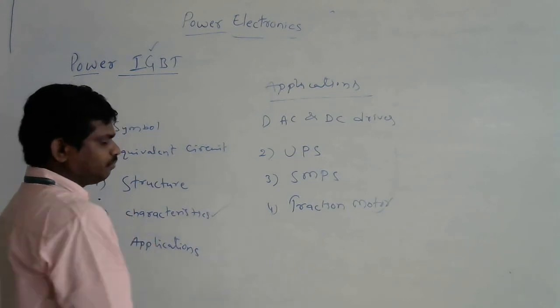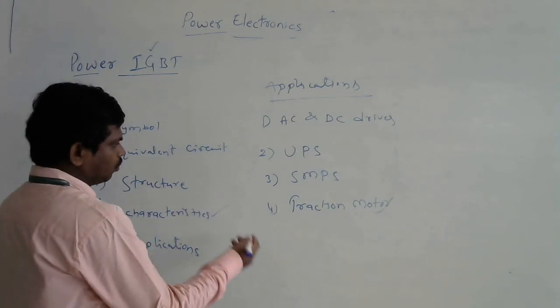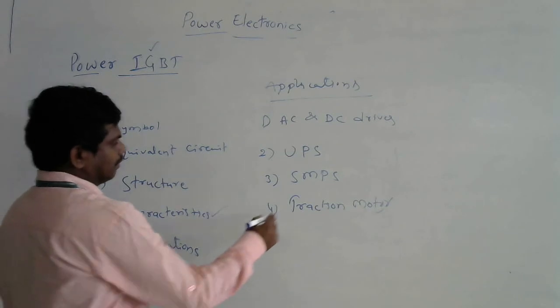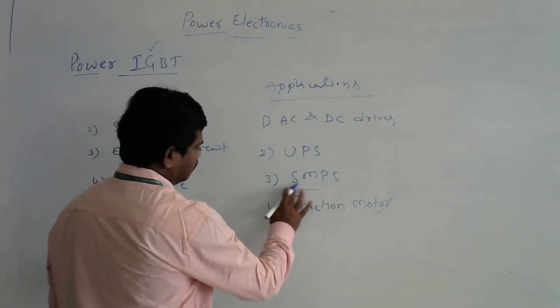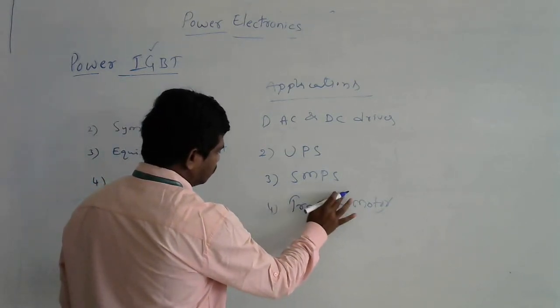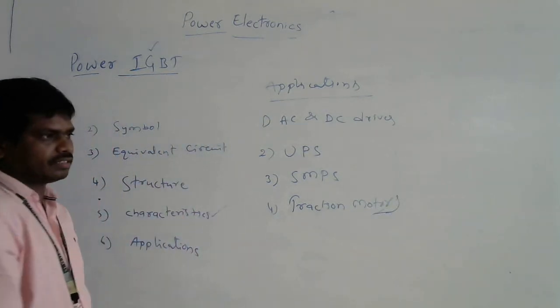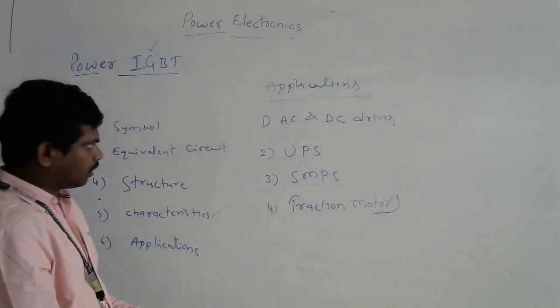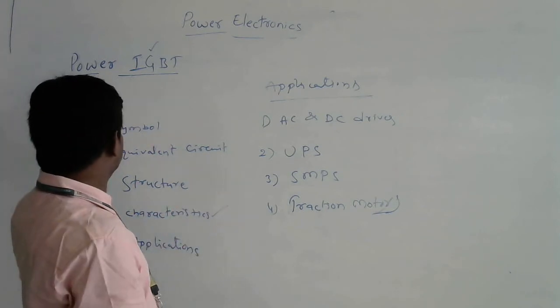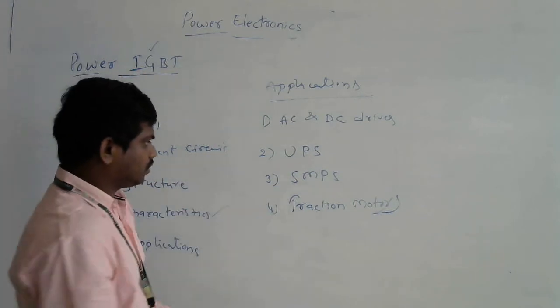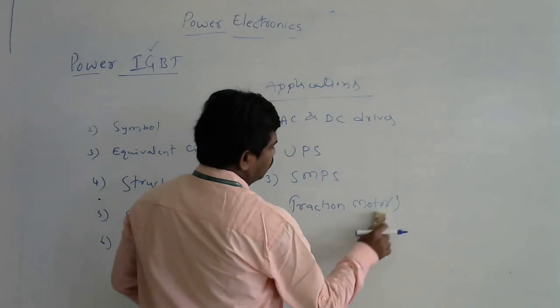When you go for electric locomotives, there is a traction system. In the traction system, we use motors and need to control the motor speed, so we need some power converter configuration. In that configuration, we use the power IGBT as a switch,